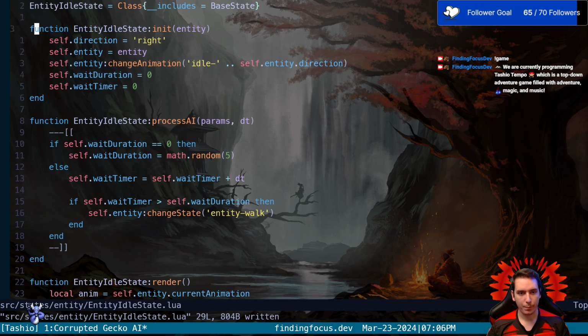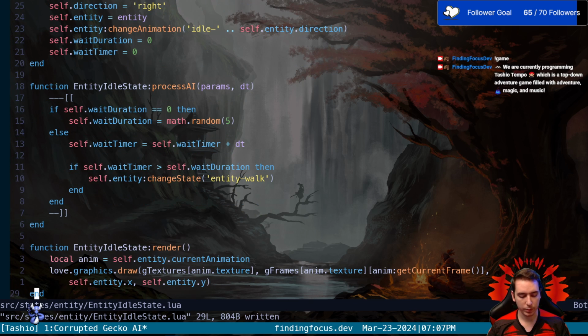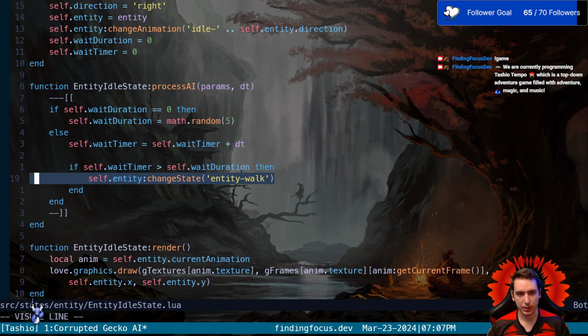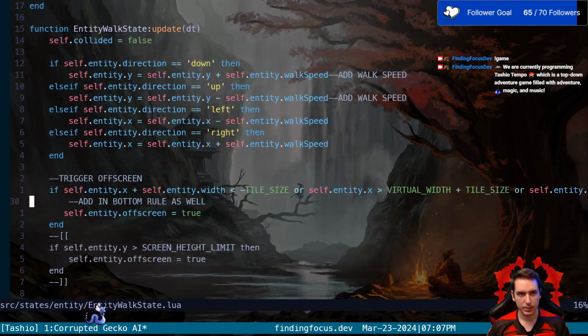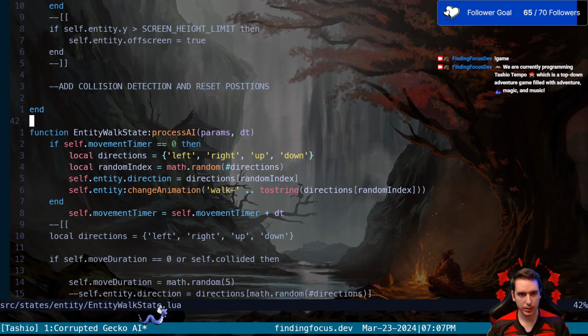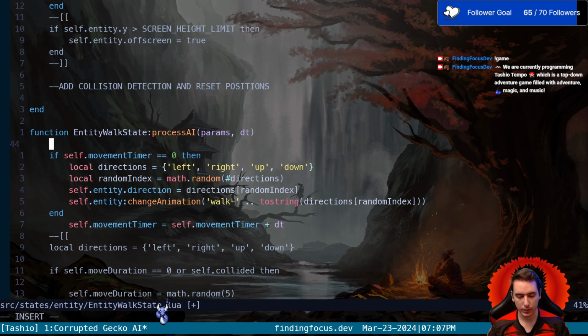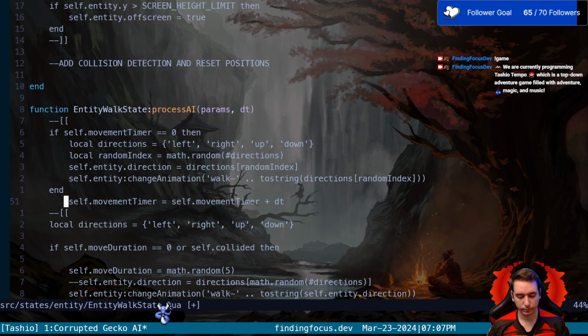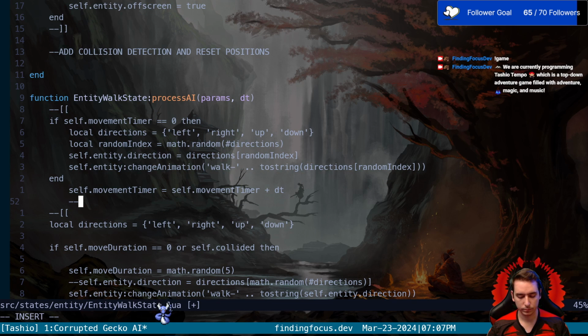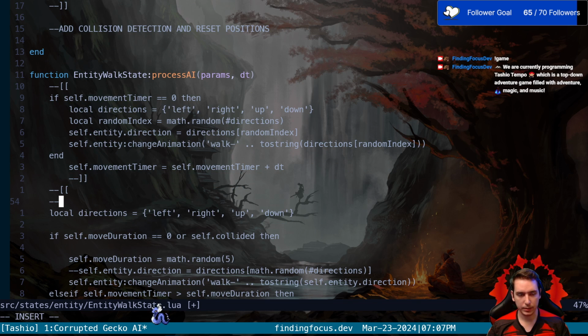So how might we go about this heat-seeking AI? First of all, let's go to the walk state, because idle state, all it's doing is waiting a certain amount of time in order to change to the walk state. So let's go to the walk state. Now, in our process AI function, instead of giving us a random direction, we're going to do something different. So ideally, we do something like,